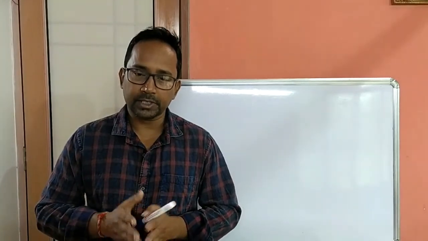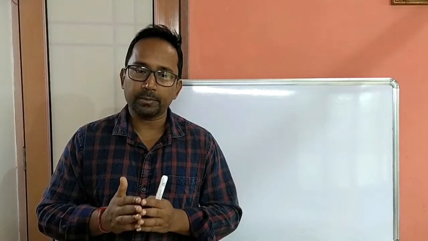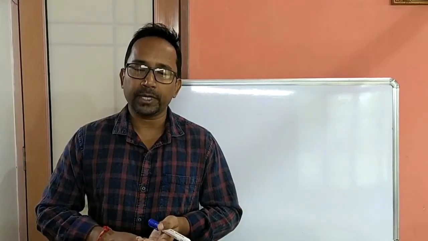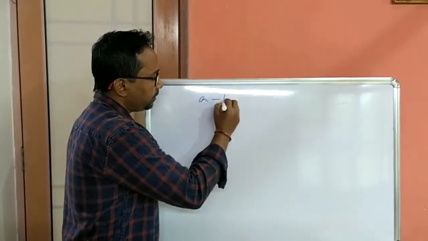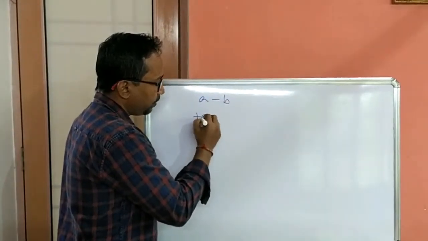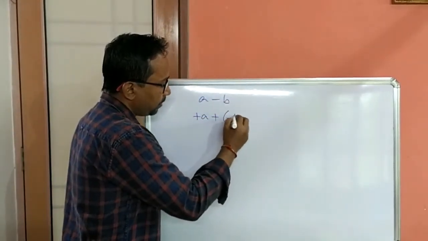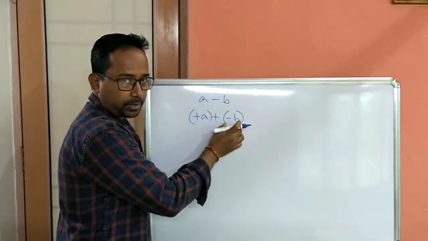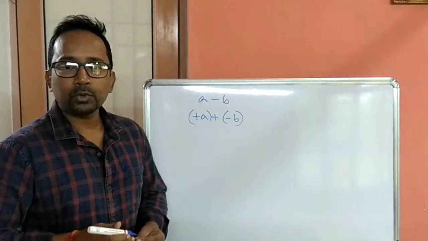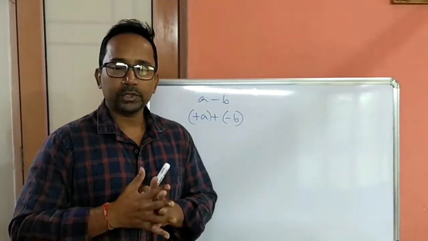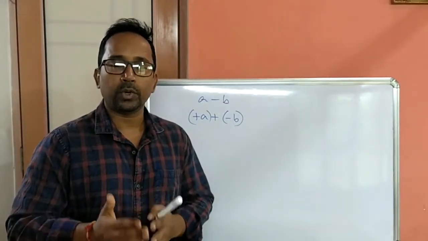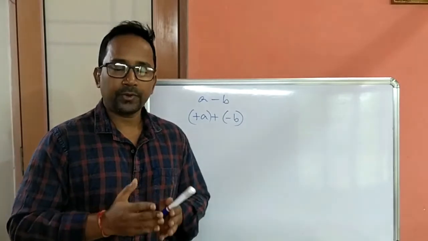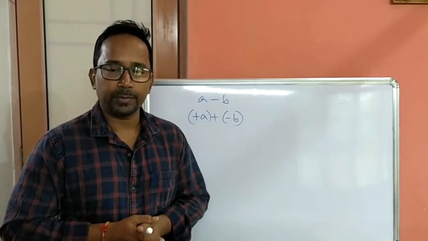For binary subtraction, if a binary number, say b, is to be subtracted from another binary number, say a, then it will be interpreted as a plus minus b. So a minus b will be interpreted as a plus (minus b), the sum of one positive and one negative number. That means the number to be subtracted has to be converted to its ones complement or two's complement to get the negative form of that number. At first we will see the subtraction using ones complement notation.